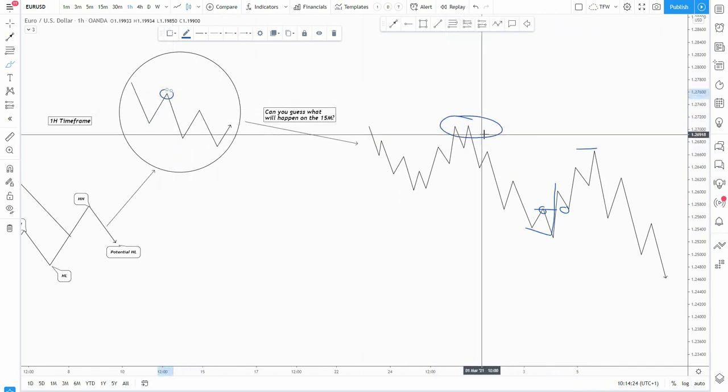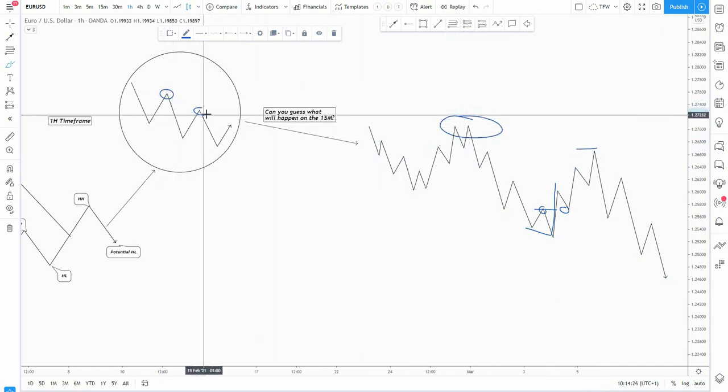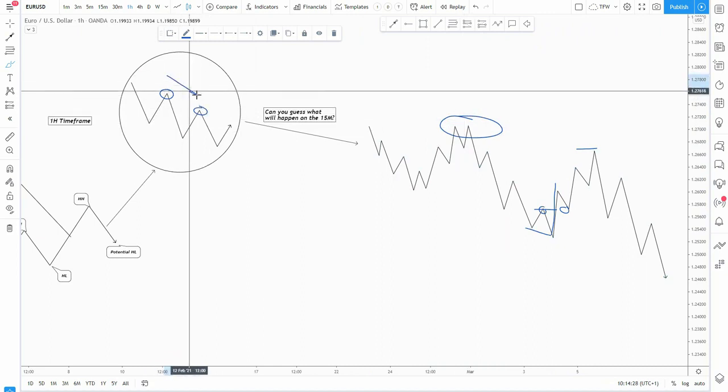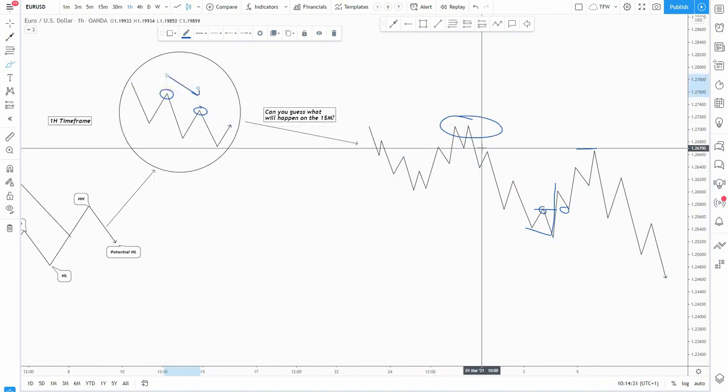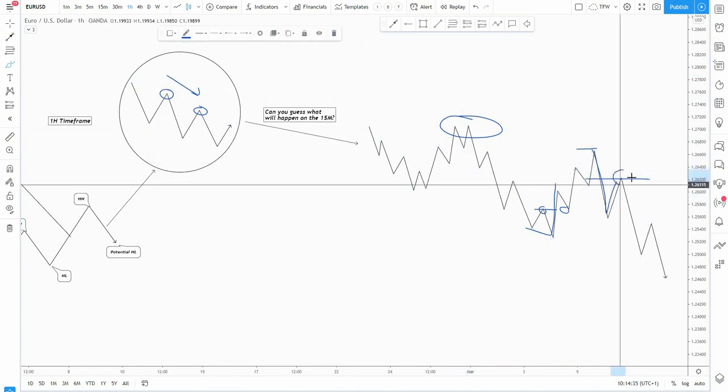Because this is your lower high. This is where we sold. And now we expect a lower high. And if it's a lower high, then it means that it's going to be lower than the previous one, right? And as you can see, the market comes in right here, breaks structure, retest, you take your short again, and